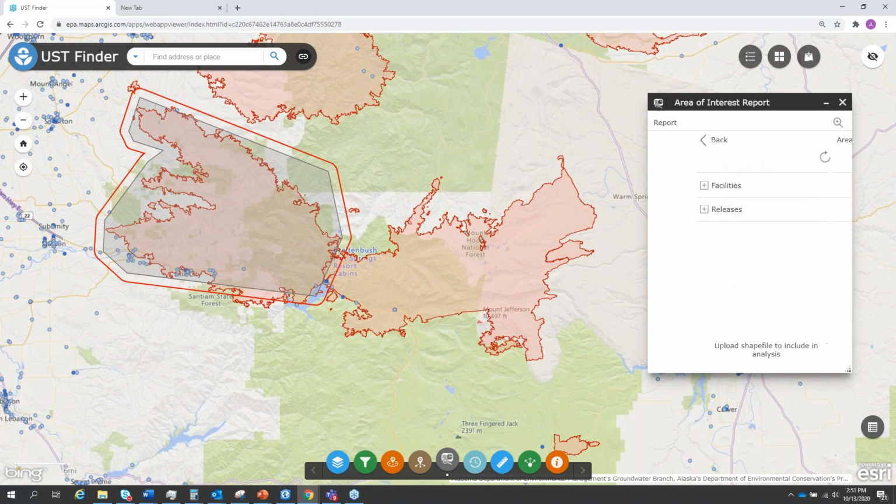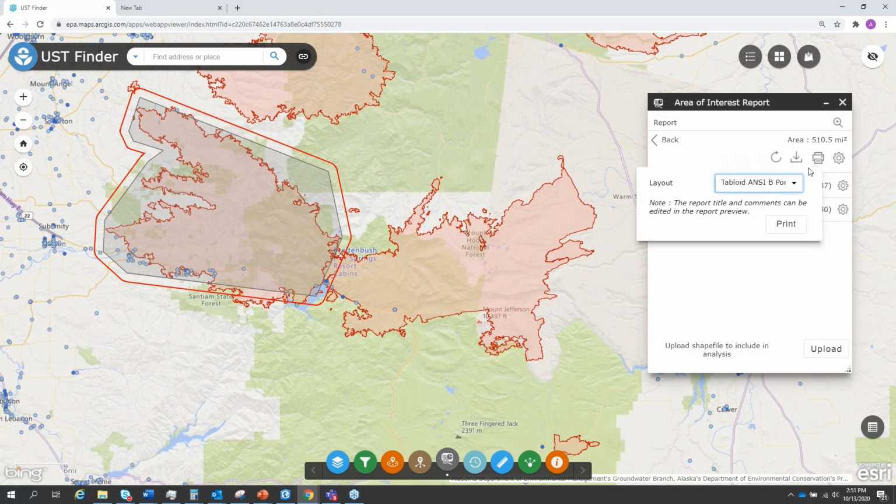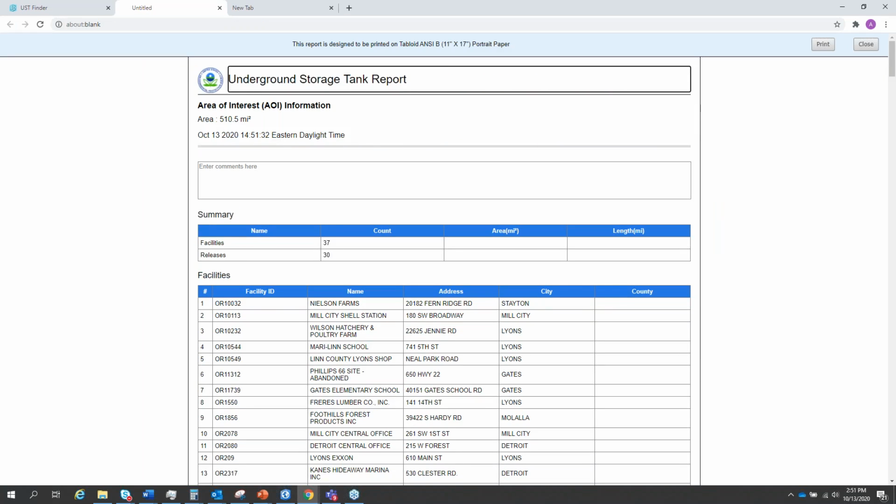And then all I do is click report and print. And then a report is generated, and it gives you information on all 37 facilities within that area of interest and all 30 releases within that area of interest. And it'll also generate a map here when it's done rendering. But I guess I won't wait for it.